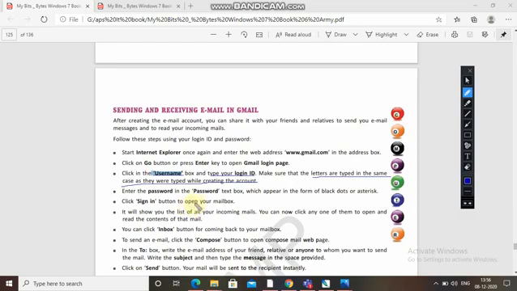Now enter the password in the text box where the password is written, which appears in the form of black dots or asterisks. Click the sign in button to open your mailbox. It will show you the list of